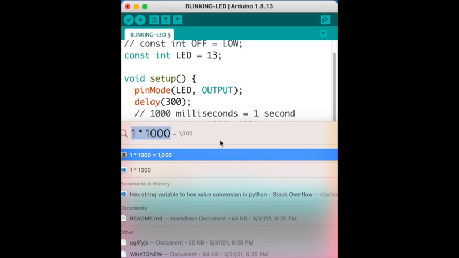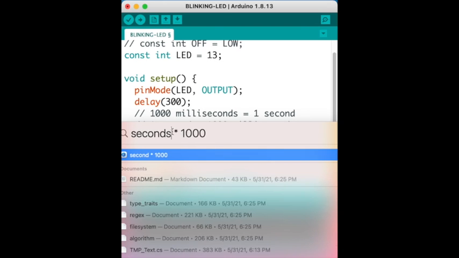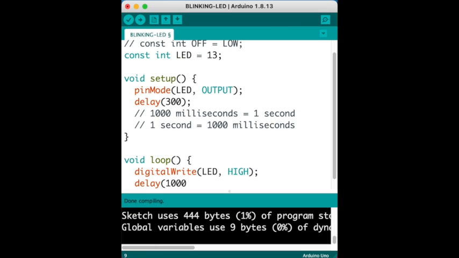1 times 1,000. These are actually the seconds. So seconds times 1,000, and that's how many milliseconds it is. And that means that if we want to do the opposite, since multiplication and division are inverse operations, which you should know what those are by now, too, to turn milliseconds back into seconds,